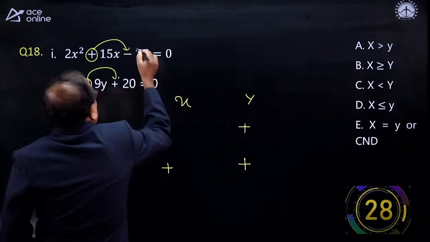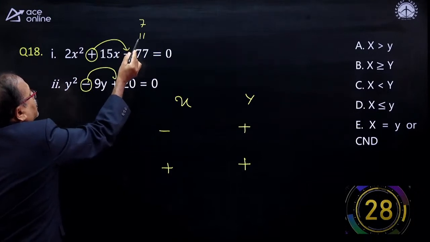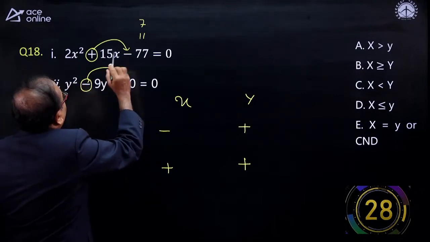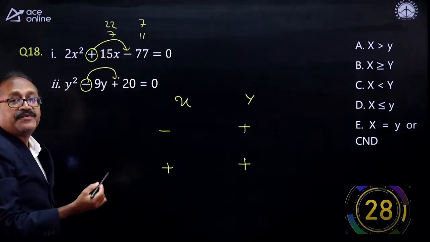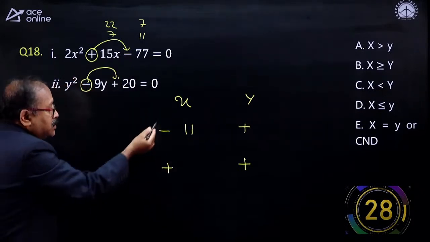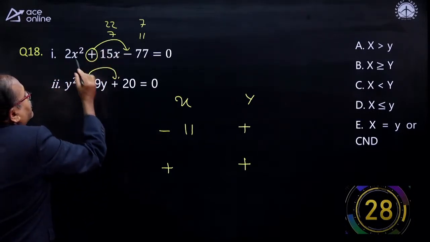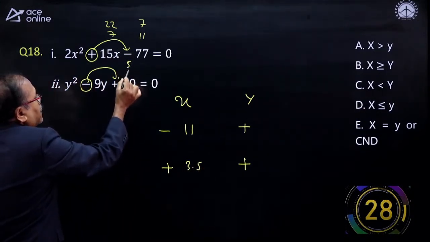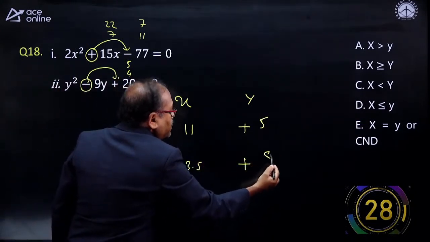Okay. Let me begin here. Can I write this as 7 into 11? And this is 7 into 11. I need the 15 over here. And how can I get that 15 here? 7 times 2 is 22, hmm, 11 times 2 is 22, and 22 minus 7 is 15. So here 22 divided by 2 is 11. The bigger number should be written first, because you see that the signs are different. And then comes 7 by 2, which is 3.5. And the next one, here can I write this as 5 and 4? Now here 5 plus 4 is 9. So my first number is 5 and the next number is 4.